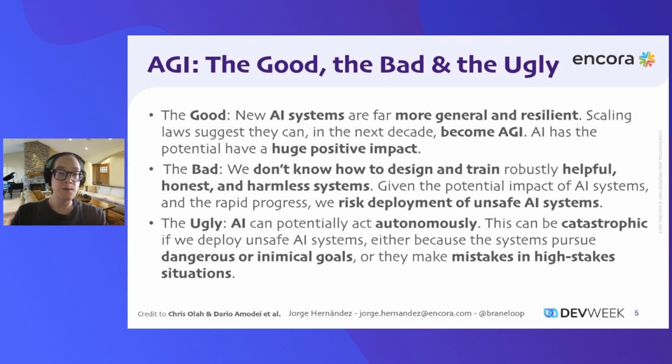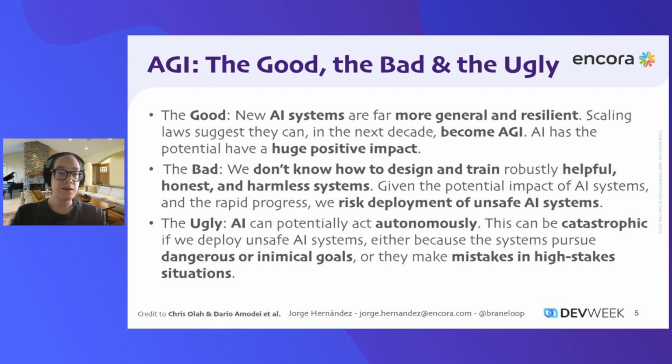New AI systems, unlike previous systems, are far more general and resilient. One of the big problems that AI used to have is that systems were very narrow. They could do only one thing. They could only, for example, play chess or move a particular robot for a particular task. And if you tried to do anything slightly different or outside the exact parameters they'd been trained on, they broke catastrophically. They couldn't deal with uncertainty. They couldn't deal with slight changes the way we humans do.